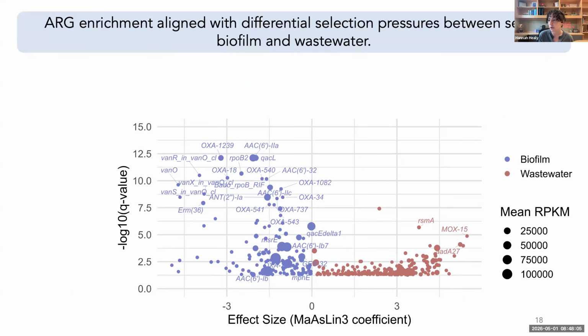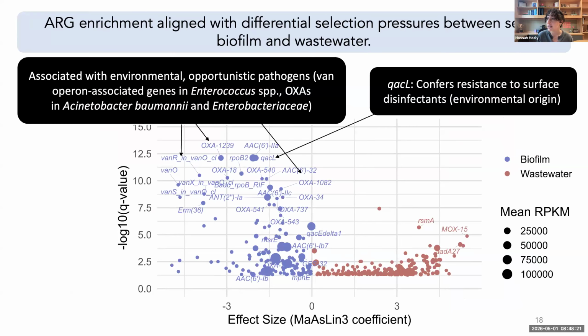We conducted one more analysis, looking at preferential enrichment of these genes across the different environments, so between biofilms and wastewater. We found many genes that were enriched on a relative abundance basis in biofilms. These included many resistance genes associated with environmental opportunistic pathogens, and also some resistance genes like CAC-L, which confers resistance to quaternary ammonium compounds, which would be a